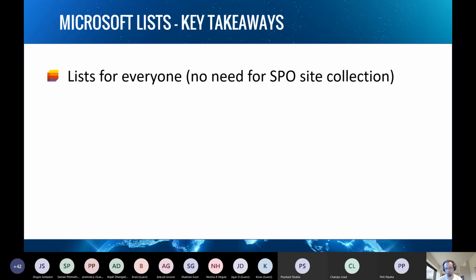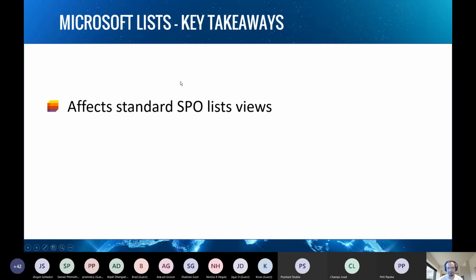Or if you wanted to use SharePoint, it wasn't easy, because you had to find a SharePoint site, get access, maybe work with IT to get that access, and you had to know SharePoint Online capabilities and features, how to create a list format. It wasn't easy. Now everyone can create a list from scratch, from Excel, or from a template very quickly. Formatting options are very easy to use, but there are of course advanced options. It's a list for everyone.